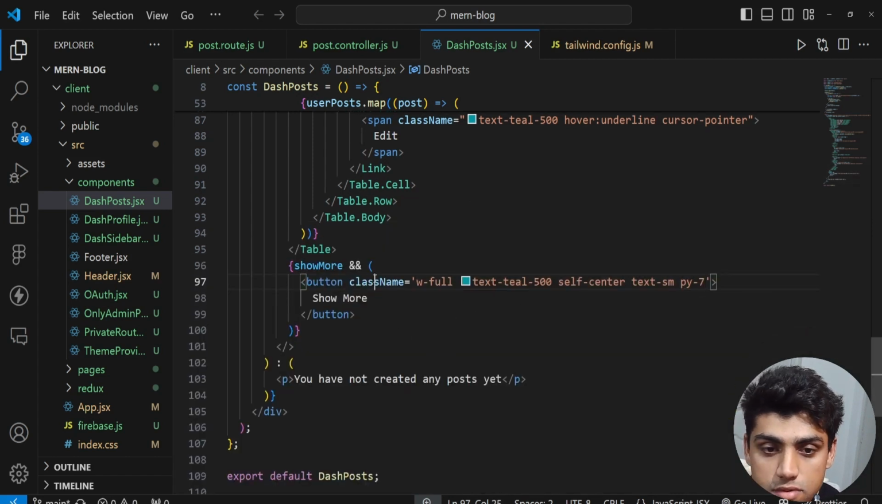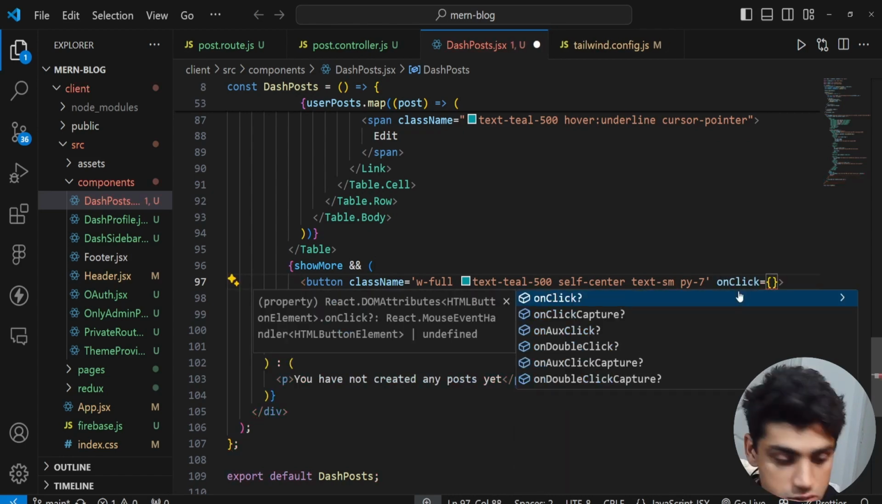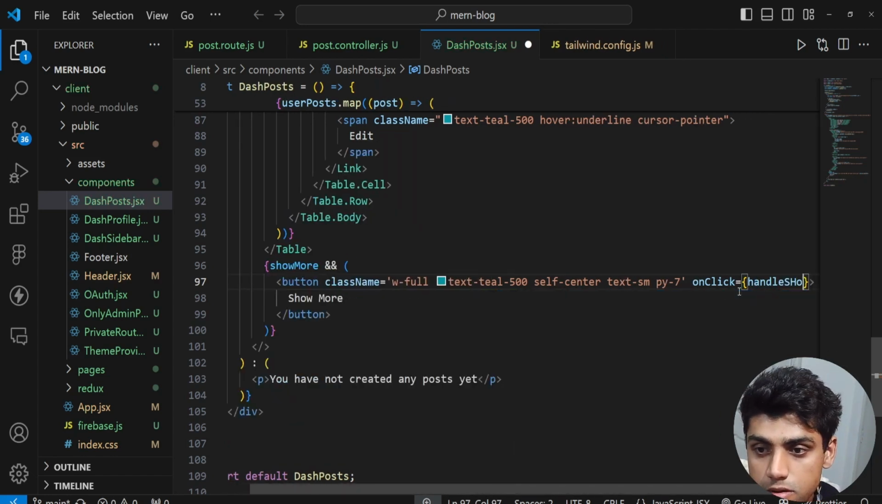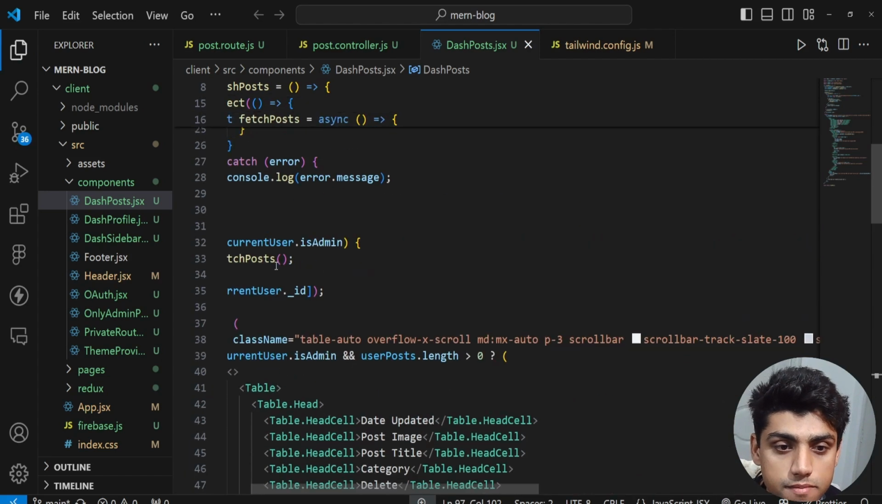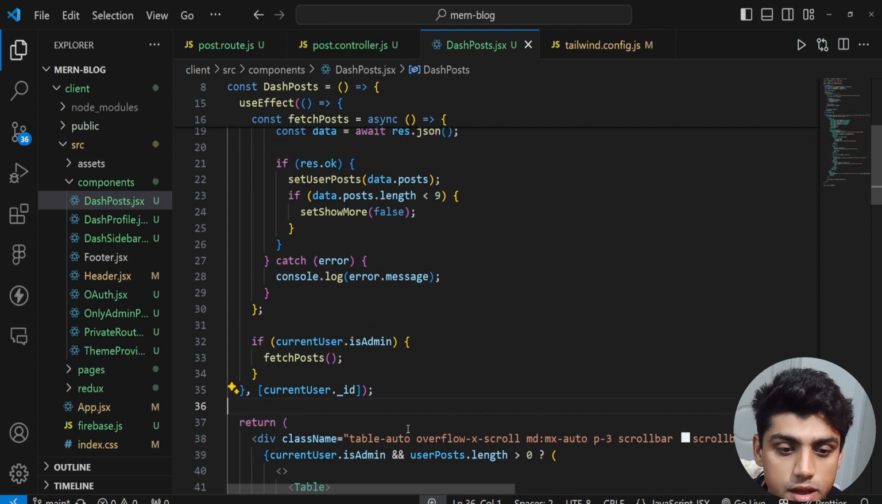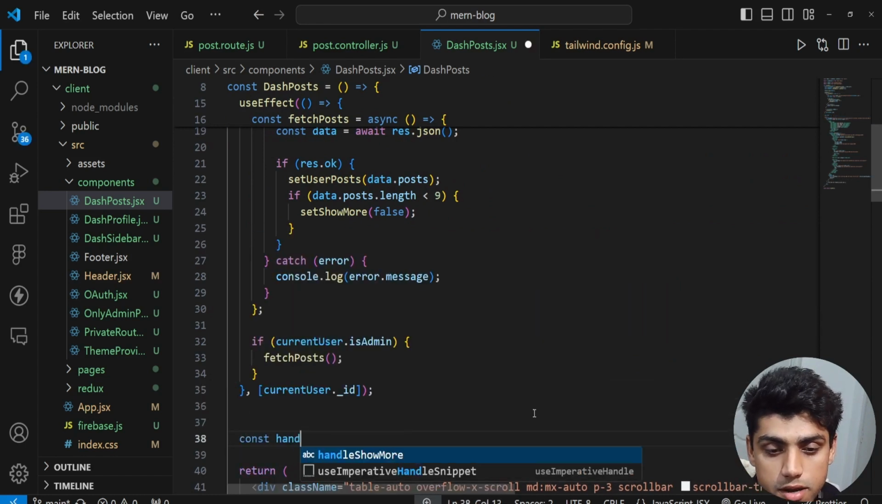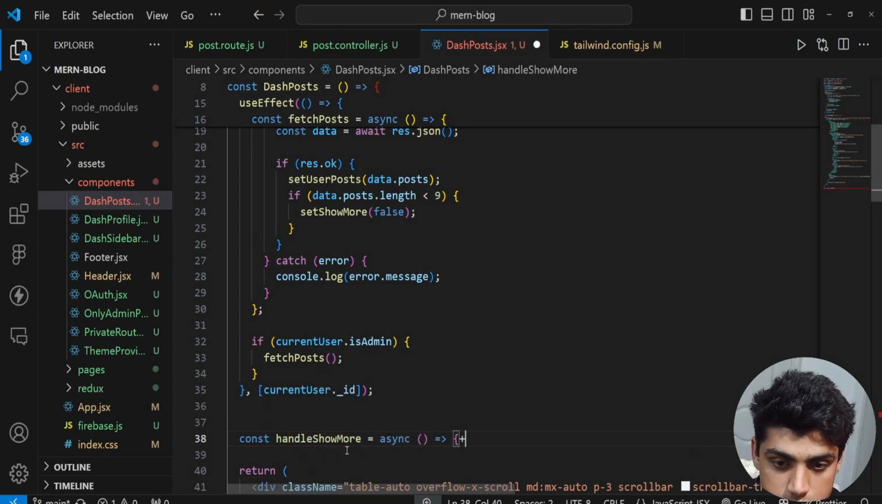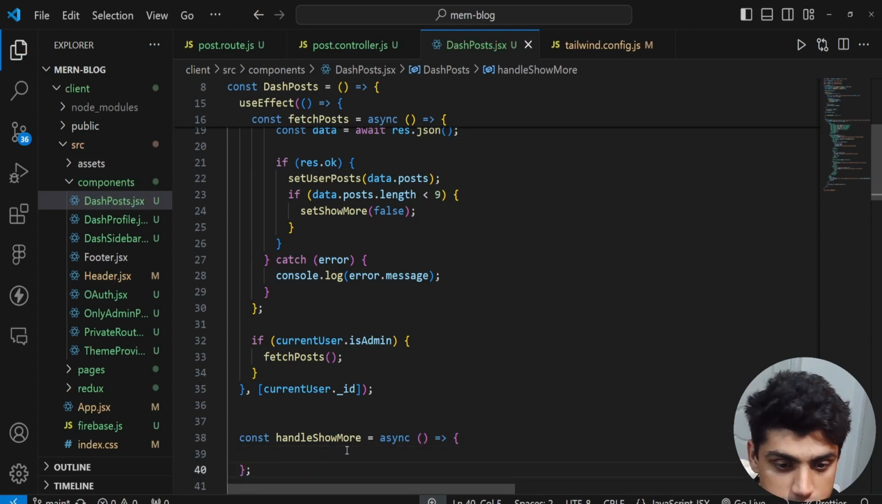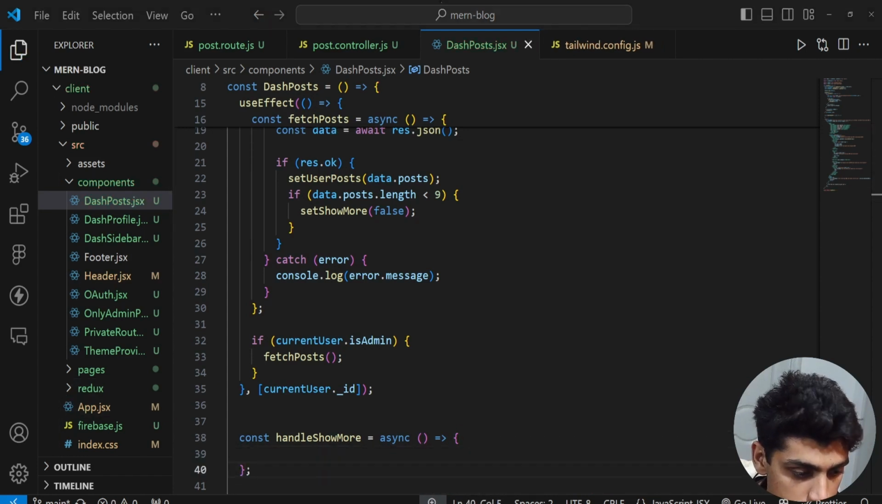Now we have this, and we want to have a button class name, and then we have our on click. And to the on click we could have a function called handle show more. Okay, like that. Now we have to create this function. So we could go over here, right here, and then have const handle show more, and then async request response, and then this semicolon. So this is all good, right? So we have handle show more,